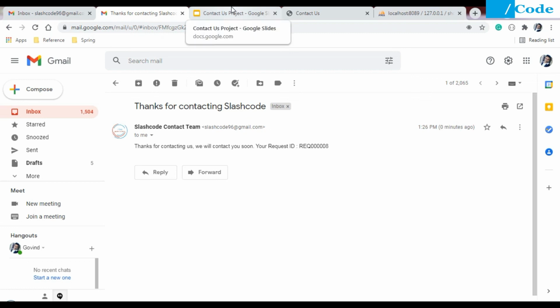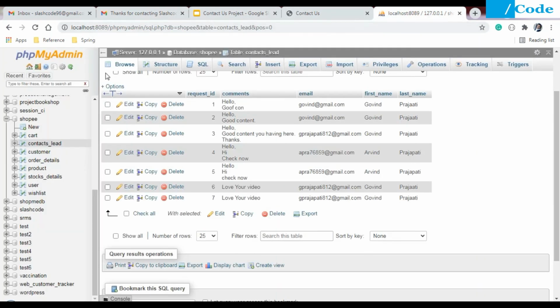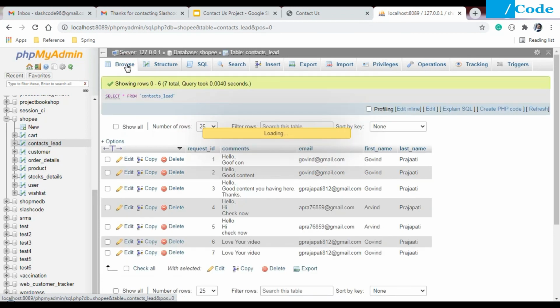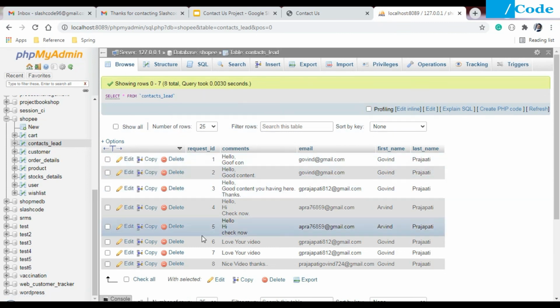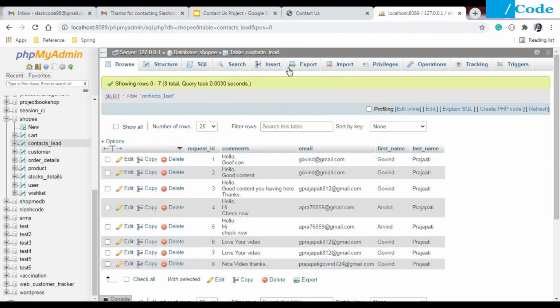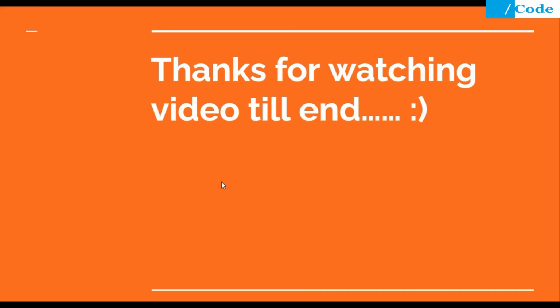So in this way we can send the email, and let me show you the database also. For record purpose I have used it here to store all the inquiries coming in. Nice video, thanks, here. Okay, so I hope you got to know how to send an email to whatever user enters on the contact page. If you want to contact the user once again, like sending a system generated mail, then you can do it like this without using any mail server. You can use your Gmail for free and send your email.